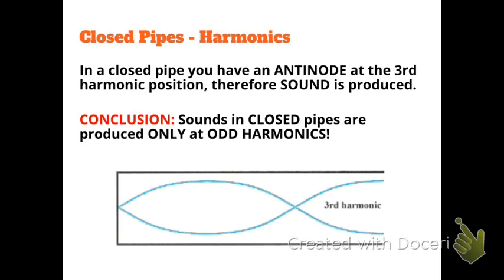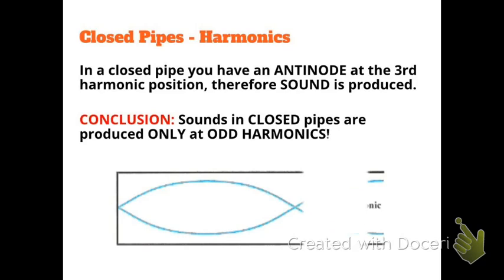All right, so the only conclusion that you can come to is that in a closed pipe, you're only getting sound at odd harmonics. What does that mean? It means that if you've got your fundamental frequency, so something is 250 hertz, if you wanted to play the second harmonic, you couldn't. You wouldn't hear it. Because as the wave exits the pipe,